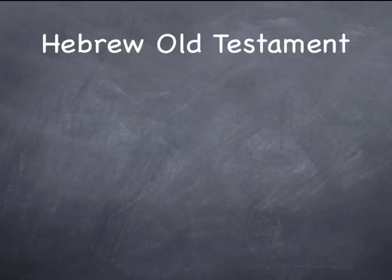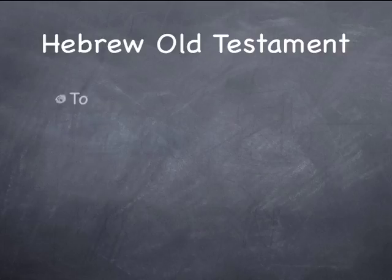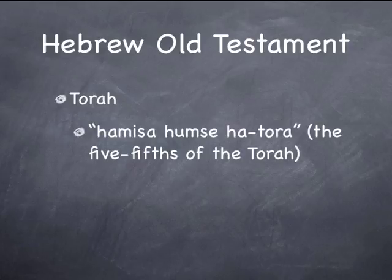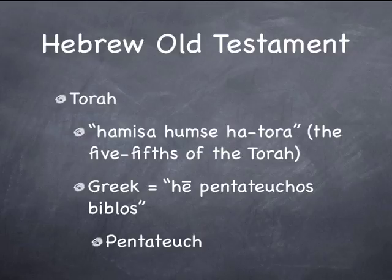The first 5 books are Genesis, Exodus, Leviticus, Numbers and Deuteronomy. In Hebrew, these are called the Torah, the law. Jews sometimes refer to these books as Hamisha Humshei HaTorah, the five fifths of the Torah. This phrase in Greek is He Pentateuchos Biblos, the fivefold book, from which we get the word Pentateuch, the preferred